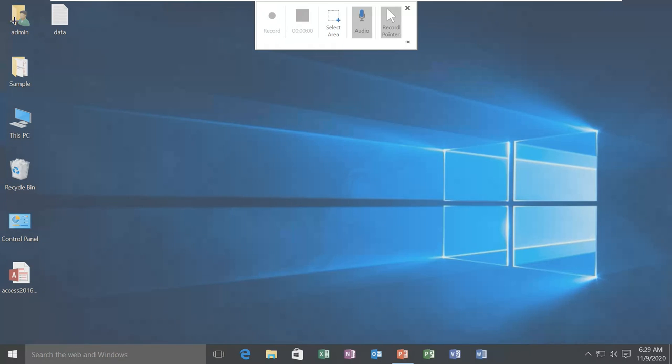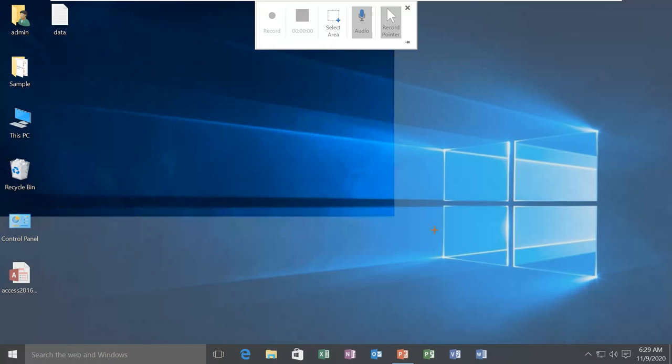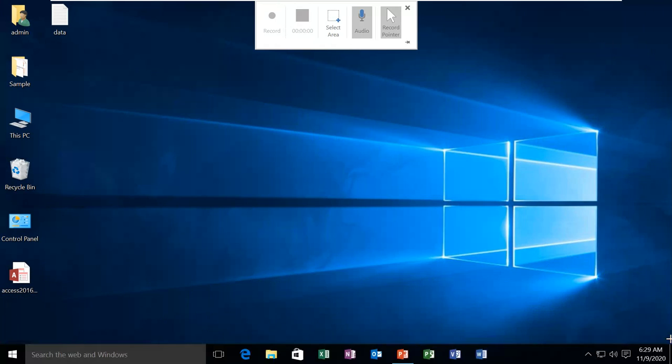So I select the whole screen, and now I have this record option. I can have audio also. I can record my audio and my mouse pointer also.